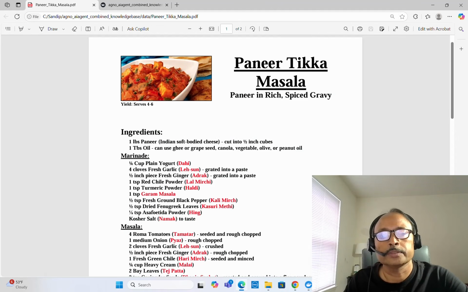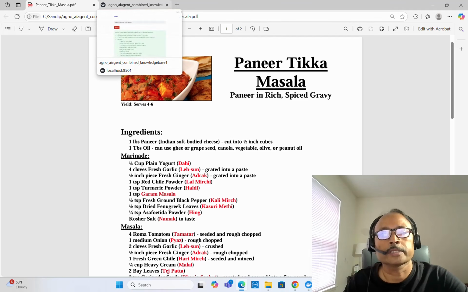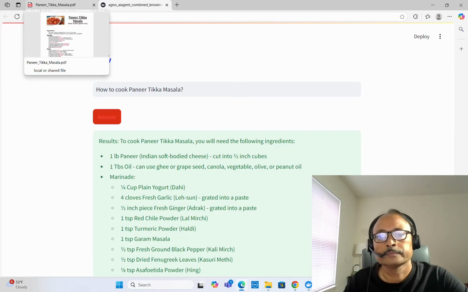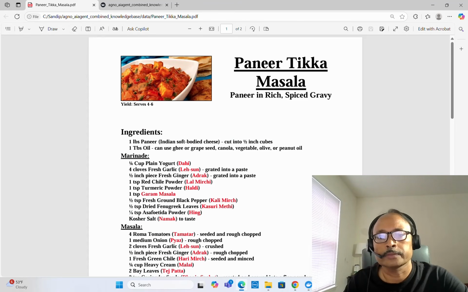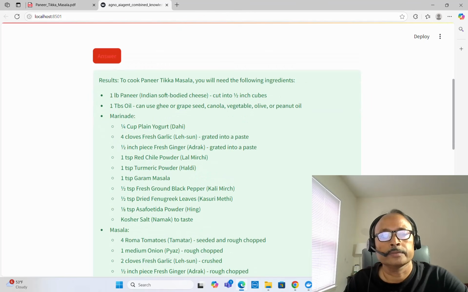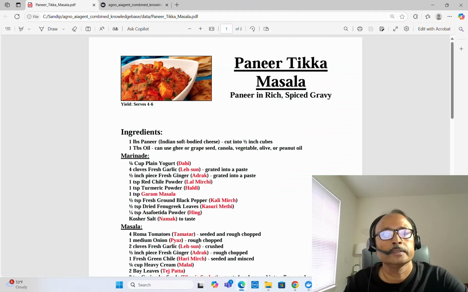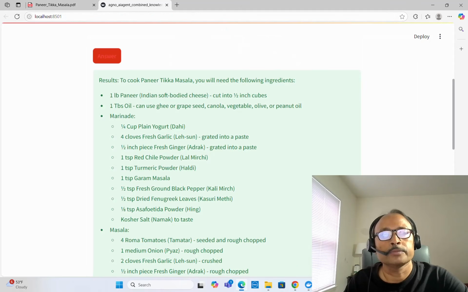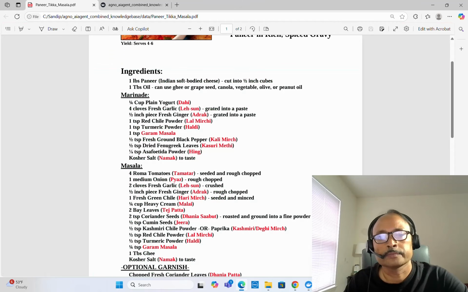So as you can see, it is just following this knowledge base. It extracted the information from this knowledge base only. The oil, 1 tablespoon, can use ghee or grapeseed, canola oil, vegetable oil, olive oil, etc. So exactly matching, the marinade, half cup plain yogurt, the ghee. So you can just follow. Basically, it has extracted all the information from this local knowledge base intelligently